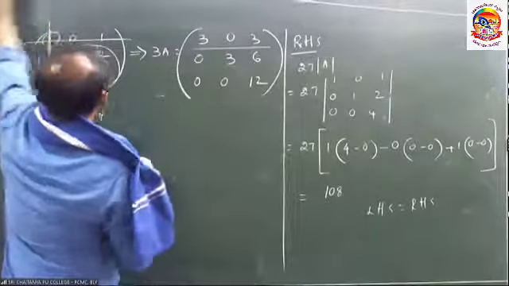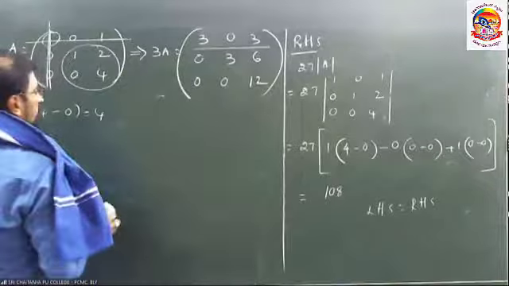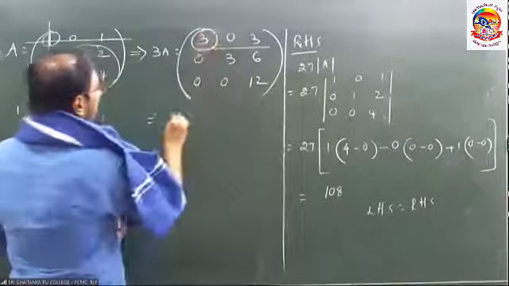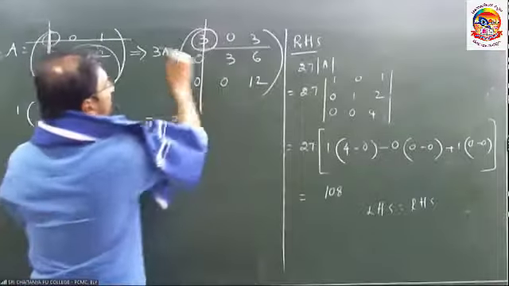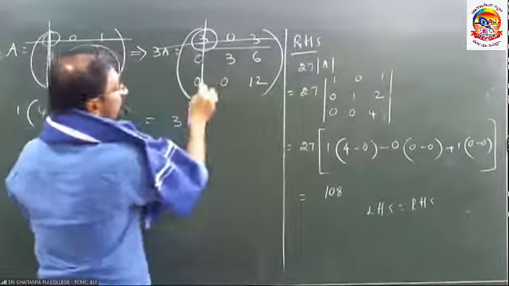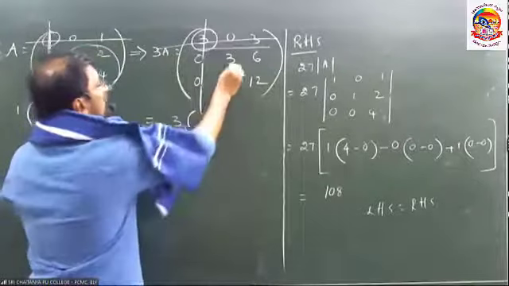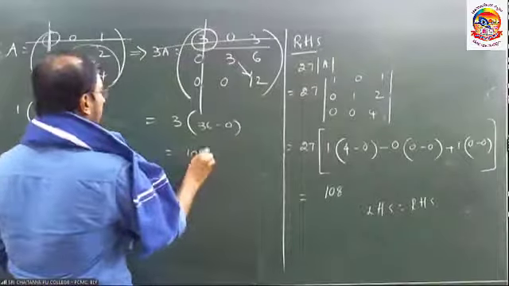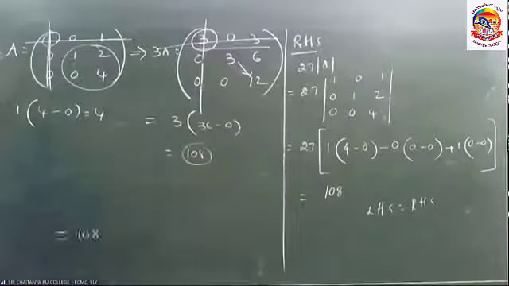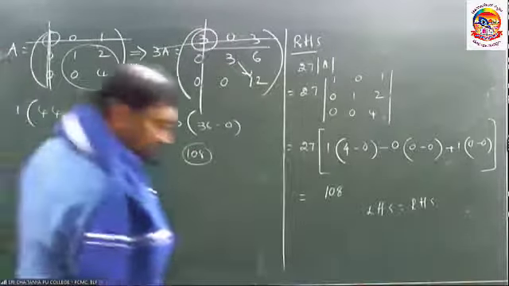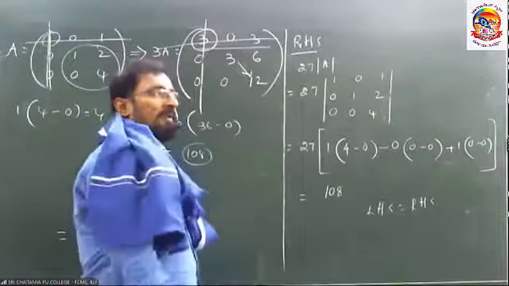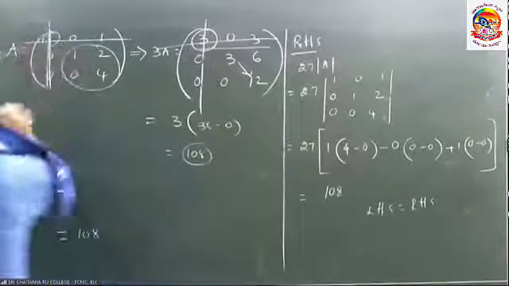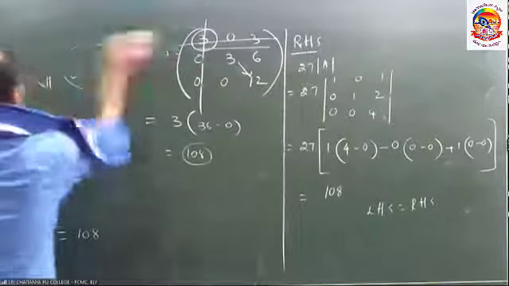That is 1 minute. If you want the determinant of 3A, this element into, this column and this row gone, if two zeros are there, and this is 36 minus 0, so 108. Like that. If two zeros are there, then only it is possible, otherwise you can't do that. And another shortcut is also there, afterwards we can discuss. Now, take down another problem.